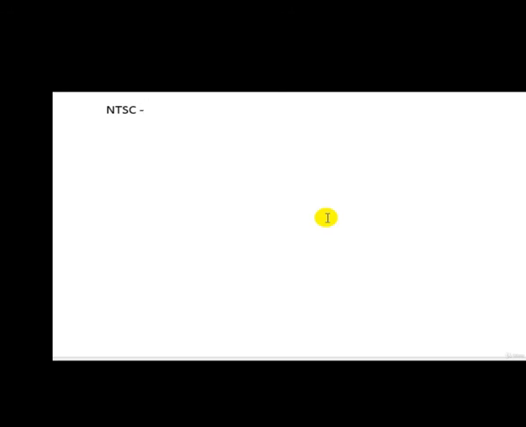So NTSC stands for National Television Standards Committee. You can say this is a kind of format which is used in different countries, say outside Asia, this NTSC is followed, and mainly for broadcasting